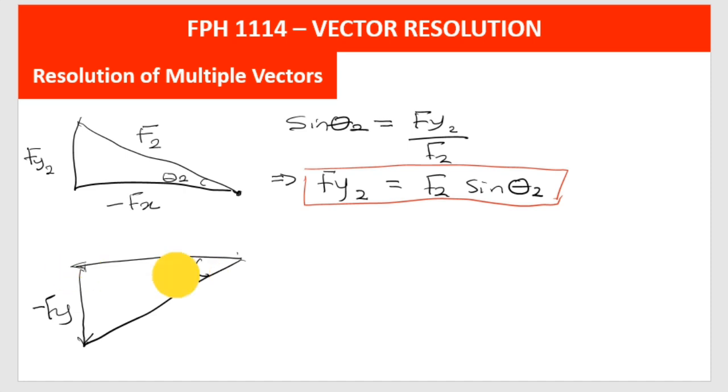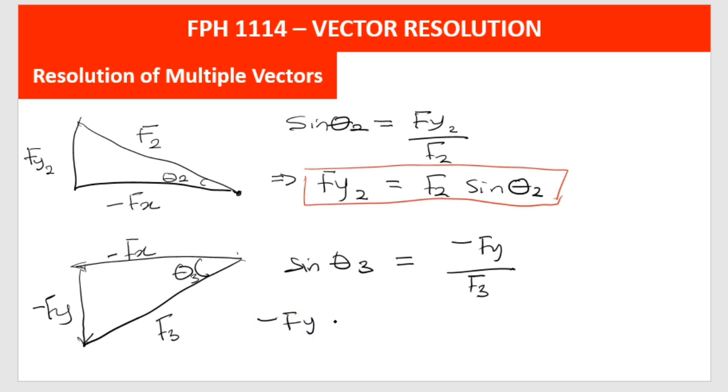So here becomes theta 3. Here becomes Fx. Remember it's minus, so we have F3 as a resultant. So here we have sine theta 3 to be equal to minus Fy over F3. So here minus Fy, we could place this to be Fy3, minus Fy3 is equal to